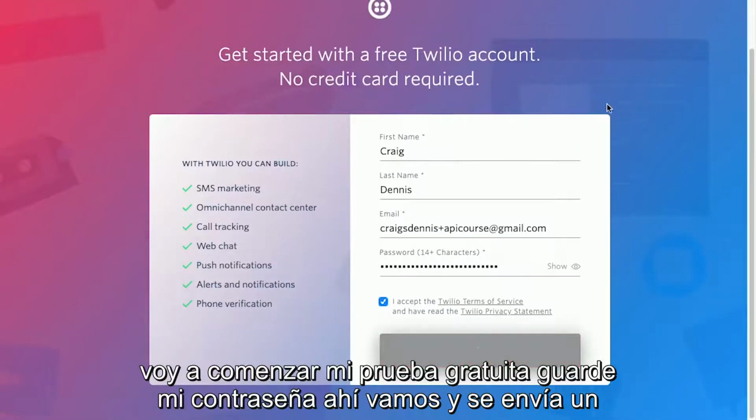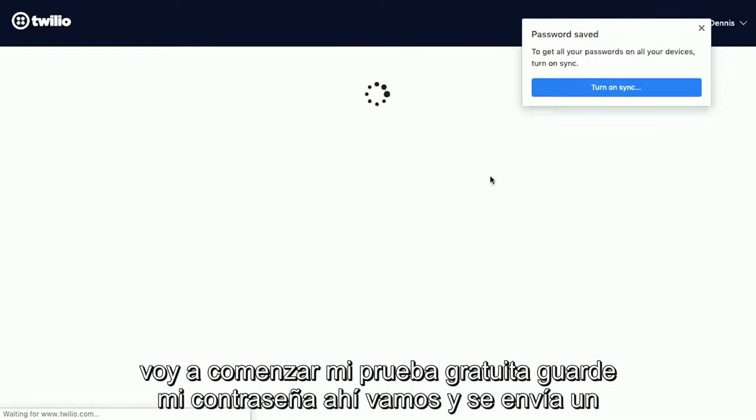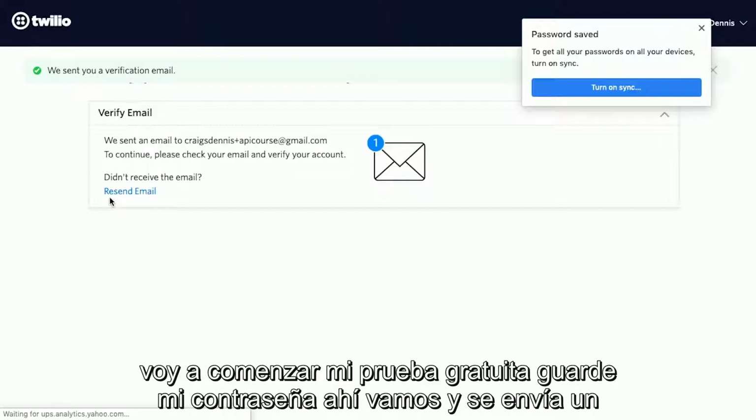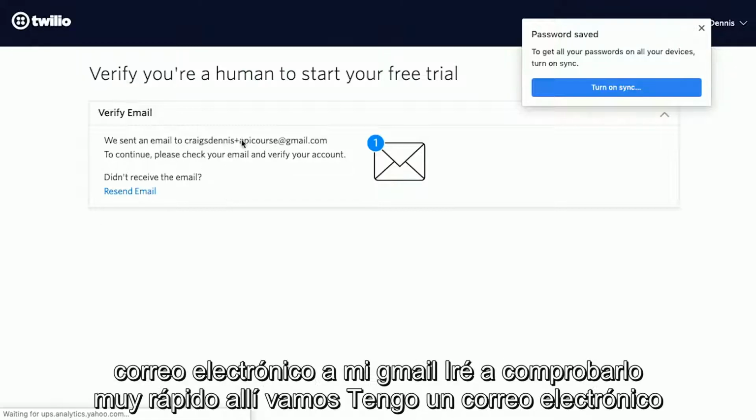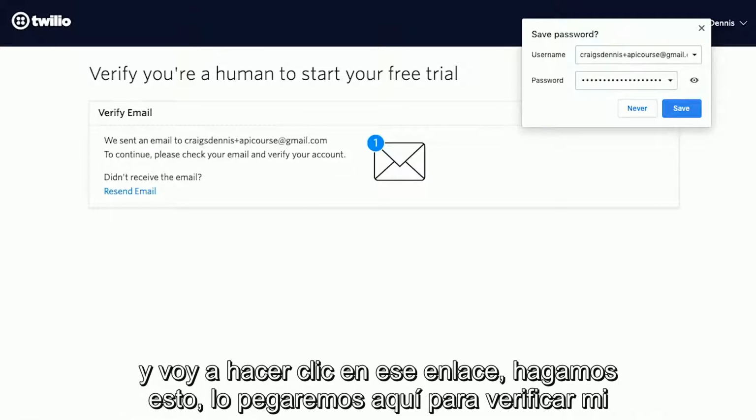And I'm going to start my free trial. Save my password. There we go. And it's sent an email to my Gmail. I will go check that real quick. There we go. I've got an email and I am going to click that link.